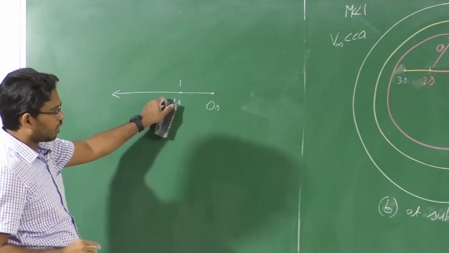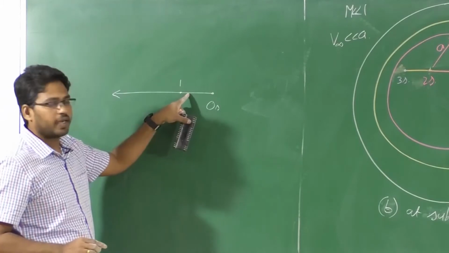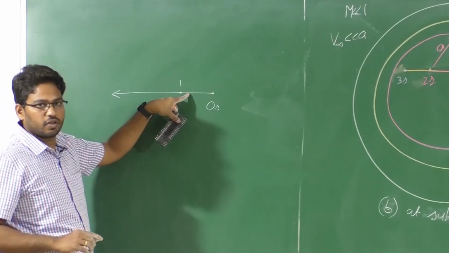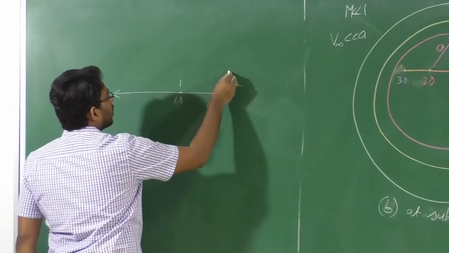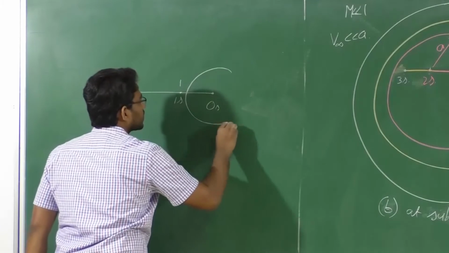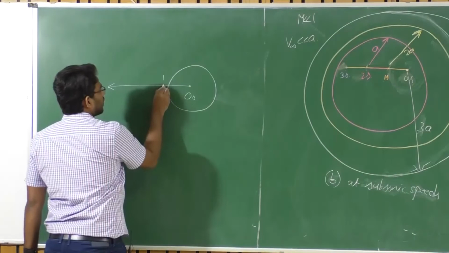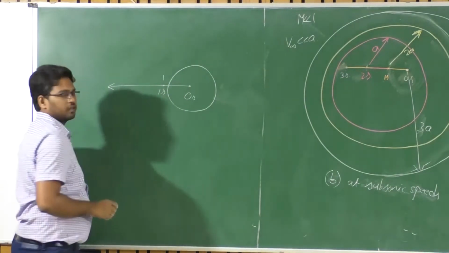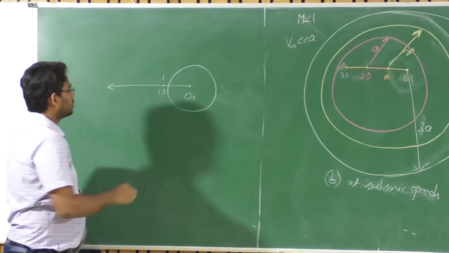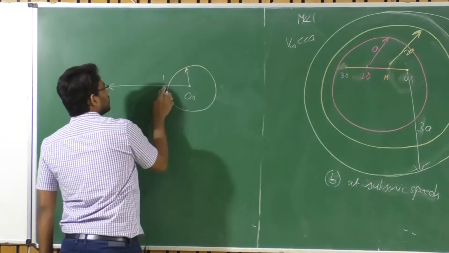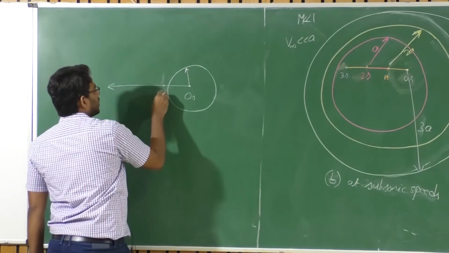So let us not say now this has 1 second location, because you are traveling at a higher speed compared to that of sound. Otherwise you can still say that 1 second location. So by the time you reach this, the sound will not reach this particular point, because your velocity is far higher than the sound velocity. So this 1 second may not be appropriate here. Let us say A1, right?